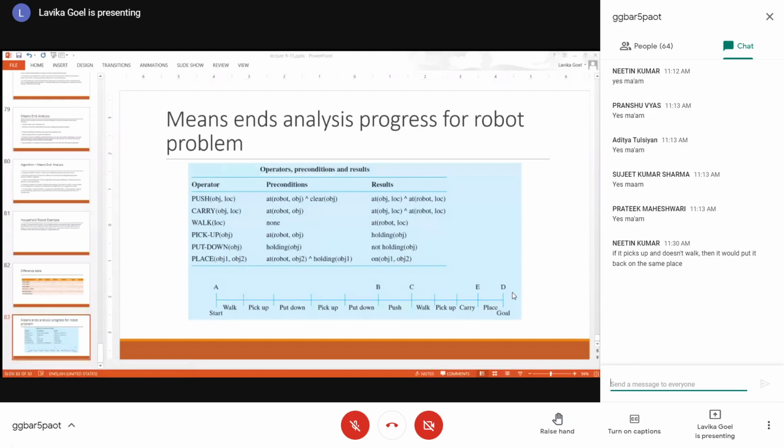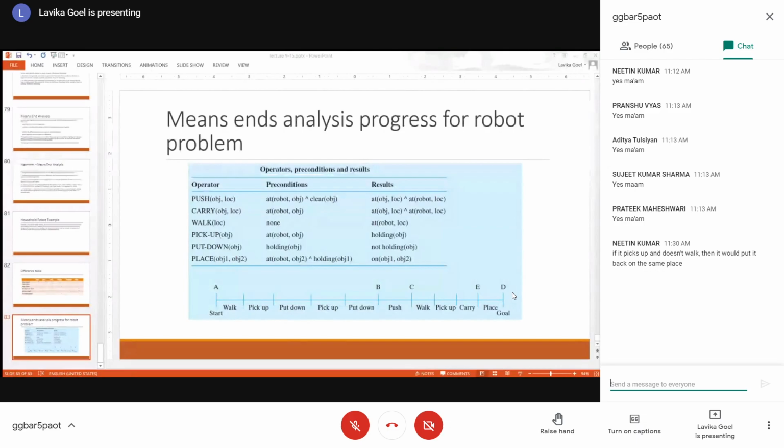I was asking, it walked and picked up the object. Then it is at the same position of the table. Okay. Then when it puts down, it will put it back on the same place from where it picked up. So there is no global movement. It will do that at the same place only. If it has picked up from the same place and you ask it to put down, it will put it down.